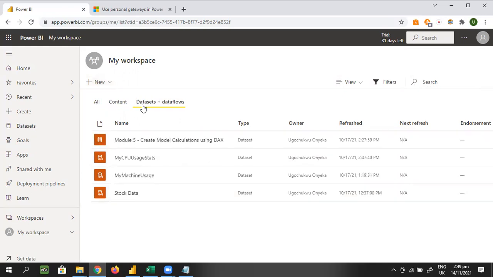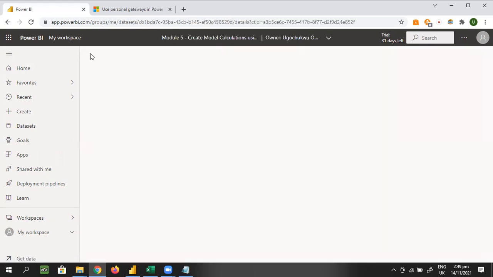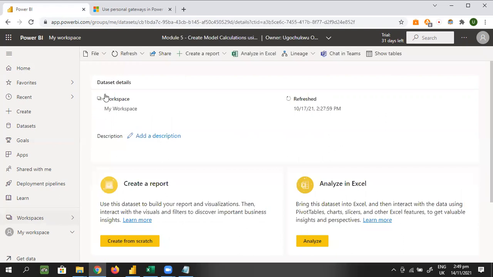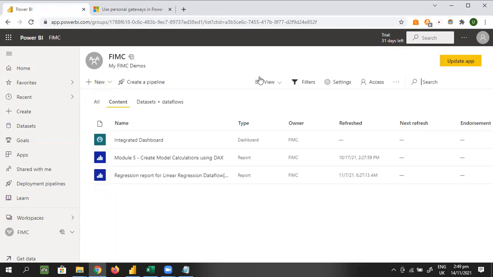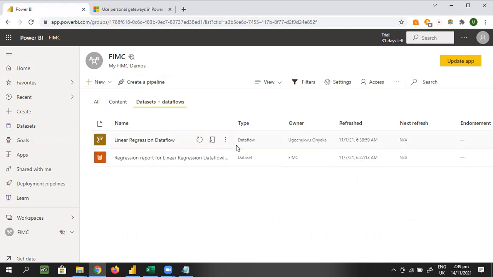Okay, let me see. I think there should be something in this data flows. Let me just check. Okay, no, not my workspace. Let me get to FIMC and see if, okay, sets data flows. I know the option is not still showing because I did not set up my